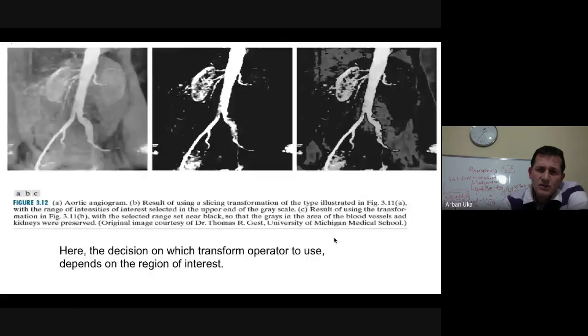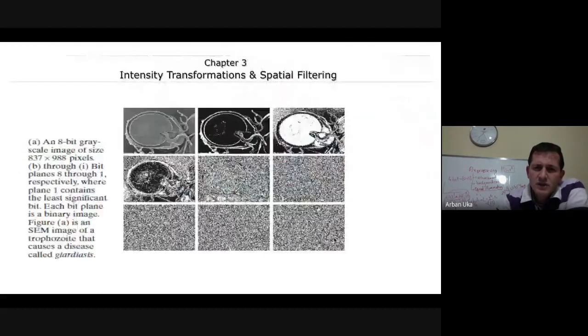So you can see what we're doing here. Now, here we also observe another image, which is the aorta, or the blood vessels close to the heart. And so, for example, depending on what we want to see, we can also determine what type of transformation we can use, because we may want to enhance some specific regions.